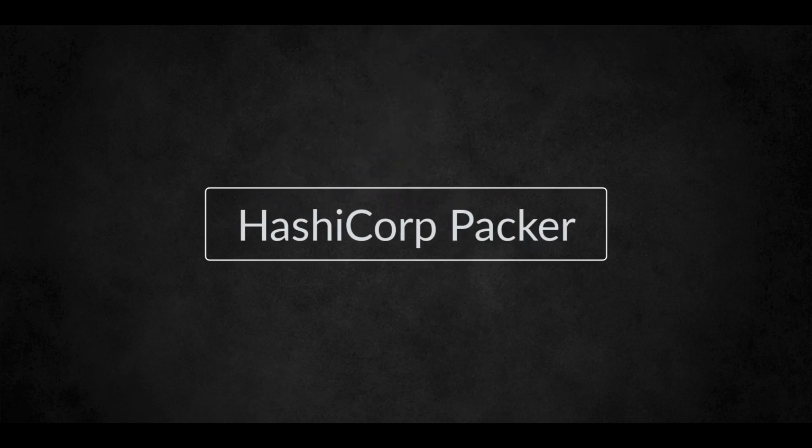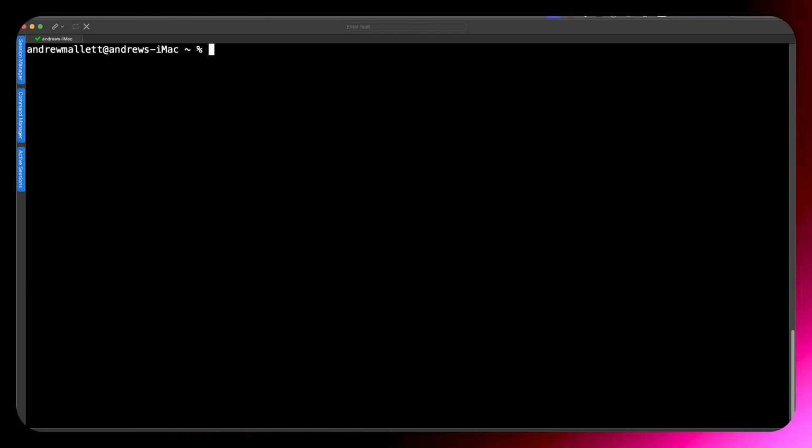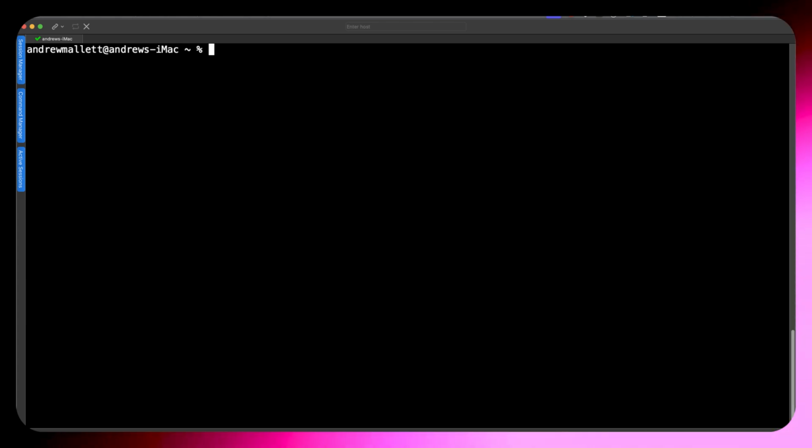Having installed and customized our operating system, we now need to create our image. And we're going to do that with the tool Packer from HashiCorp. Now here we are then at our glorious command line, but the glorious command line of my host operating system. So in my case, this is macOS.